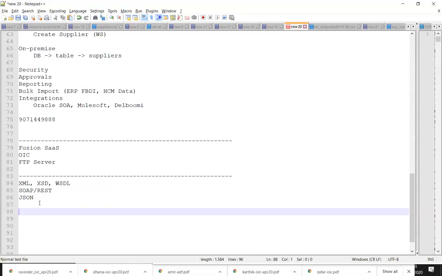Yeah, Vamshi. This instance access for OIC and FTP servers, will you give access to practice, or are you going to guide us on how to get the instance? I'm giving the instance access. In the future, if we want to practice, you'll be getting access for three months, minimum, and then we can also extend it if you really need it. For the FTP server, I'm going to give you a cloud FTP server. You'll be able to access that directly.